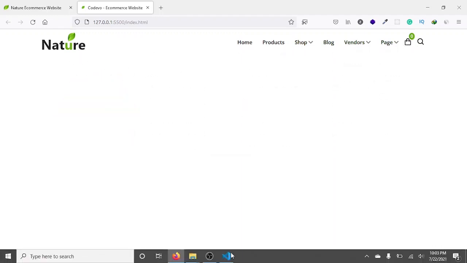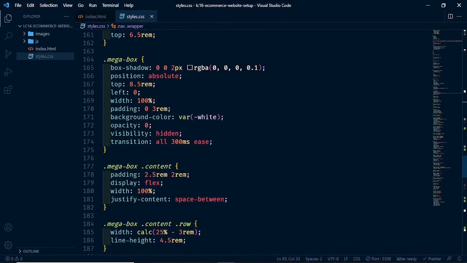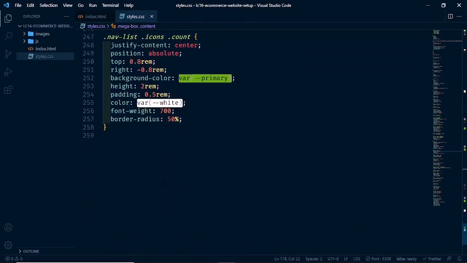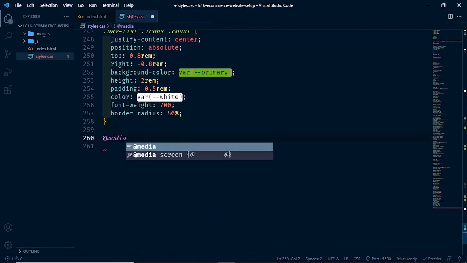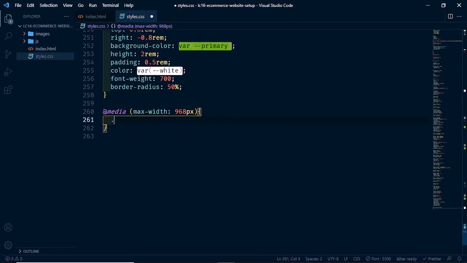So let's go to our styles.css and let's scroll down. So scroll down and let's start with our media query. Let's have our media, then let's start with max width, and this should be 968 pixels. Then here let's select our wrapper class, then let's get our nav list,